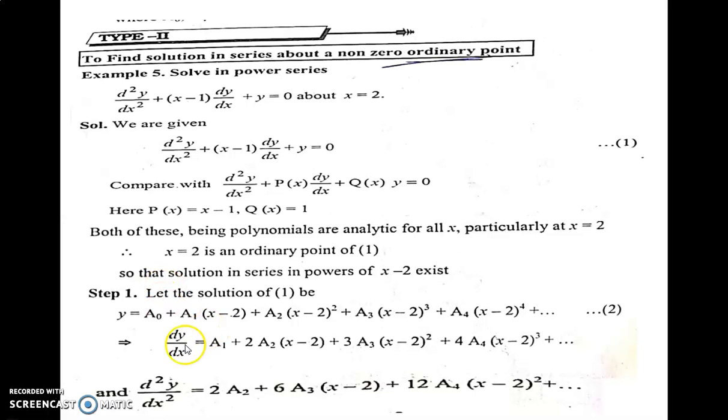Now you will easily find dy by dx. After that you will find d2y by dx square. Now put the values of y, dy by dx and d2y by dx square in our main equation 1. Then you will get